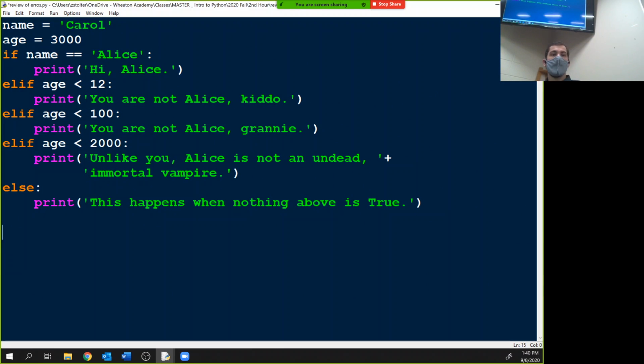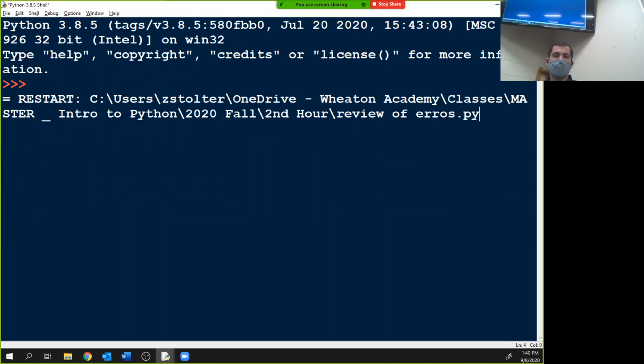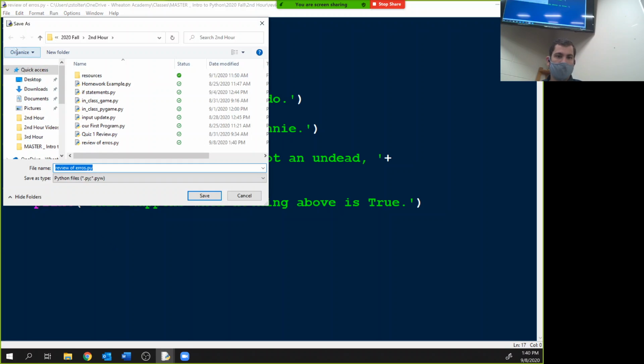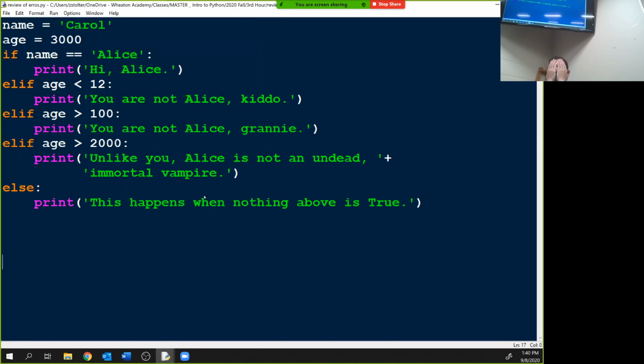So when we run this, first off, I'm just going to run it and we're going to see what happens. This happens when nothing above is true. That is because I edited this. So save and I'll control save. I gotta save this third hour. Third hour. Okay, so